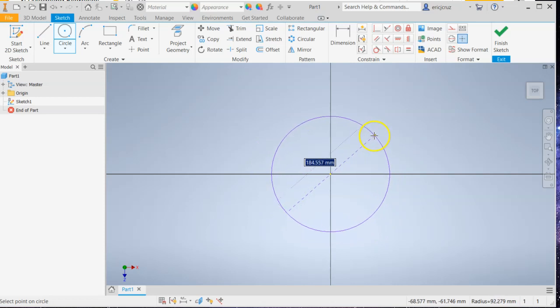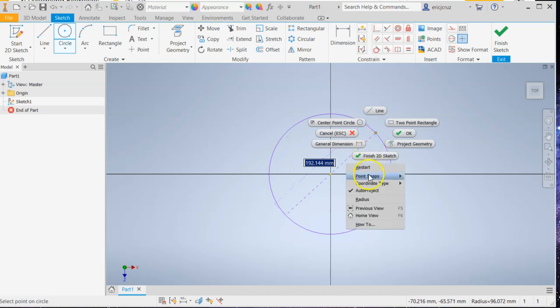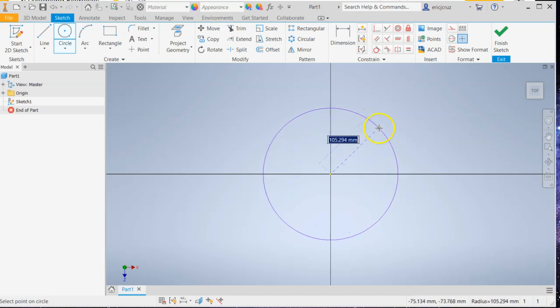If it is, you need to right click, make sure you're also using a computer mouse, or make sure you click the right click button on your touchpad. While your circle is movable like this, or expandable, you want to right click and click on radius, and then that should be 75,